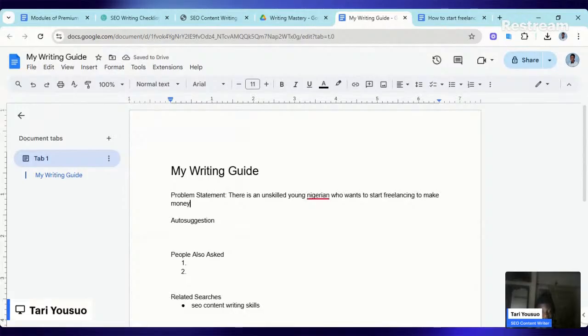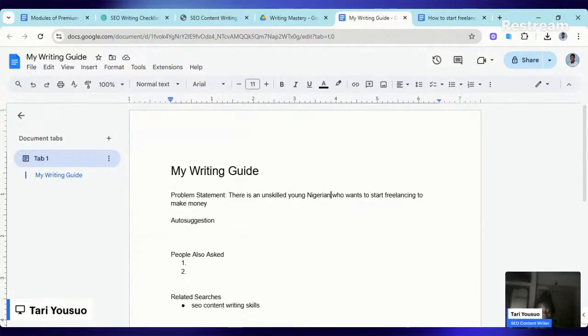Now, the reason why I'm dialed in on this already is because I already have an understanding. But if I was just handed this topic and say I didn't know anything about freelancing or who my target audience was, I would have asked my clients, okay, who exactly are you trying to speak to? What exactly is their pain points? At what stage of the buyer's journey are they in?